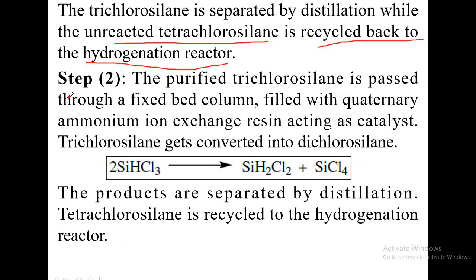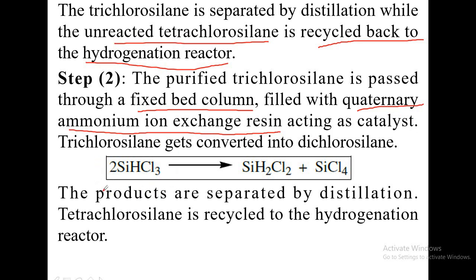And after that, in step 2, this trichlorosilane, which you have separated from tetrachlorosilane, is now passed into a fixed bed column. This column is filled with a catalyst called quaternary ammonium ion exchange resin, which acts as a catalyst, and this converts